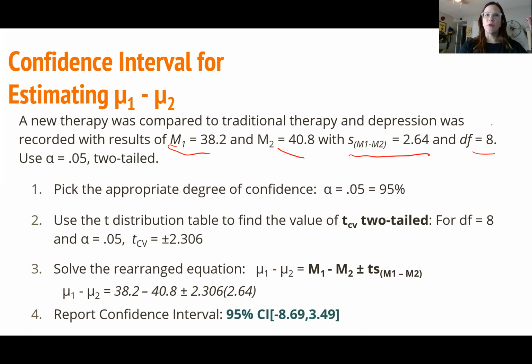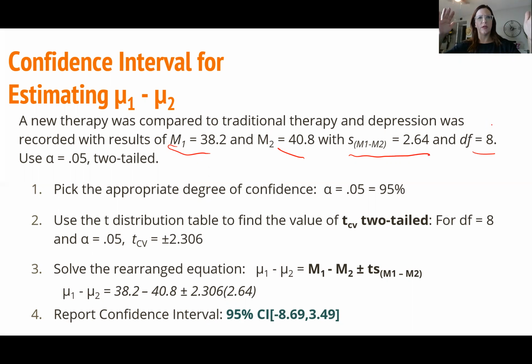Now, if you remember, our original hypothesis said that the depression was going to decrease, so the original critical value we looked up was one-tailed. For our confidence interval, remember it's a range of scores that we would see in the population if the null was true. A range means there's a lower number and an upper number, meaning that we should be looking at both ends,